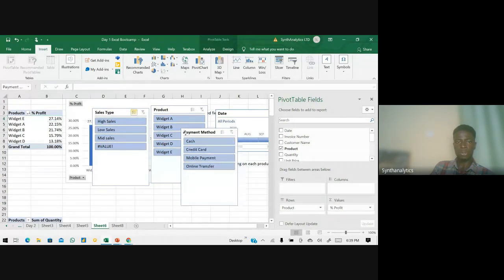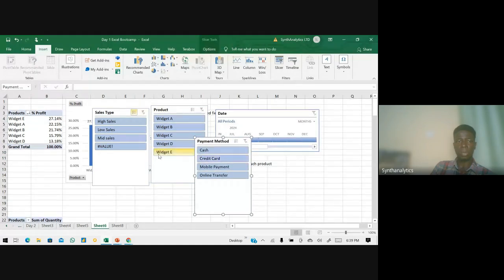Also, if you want to see the payment method, which of these payment methods is giving us the highest profit? Let's look at cash: it is giving us 32%, you get A. Your credit card is giving us 51%, you get B. Your mobile payment is giving us 30%, you get B. And then your online transfer is giving